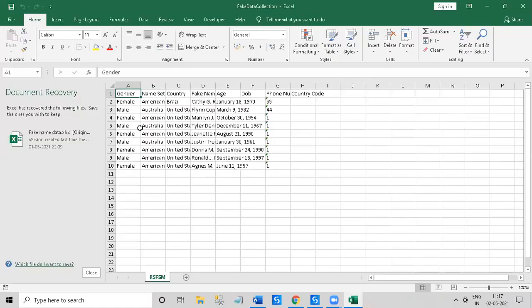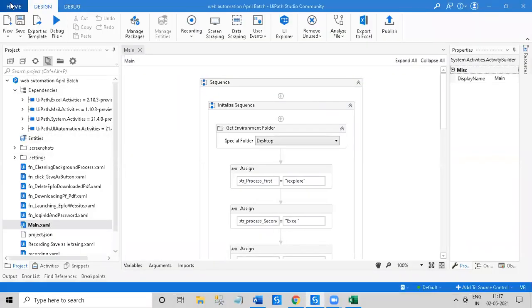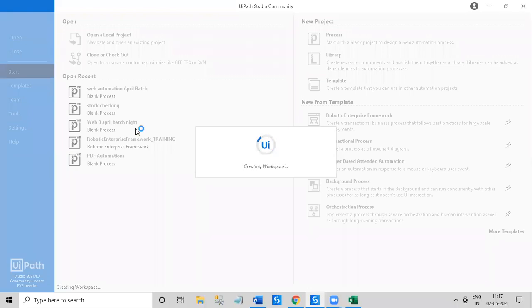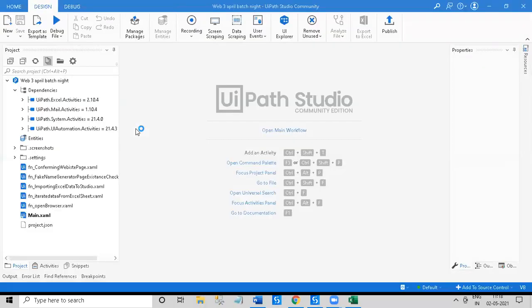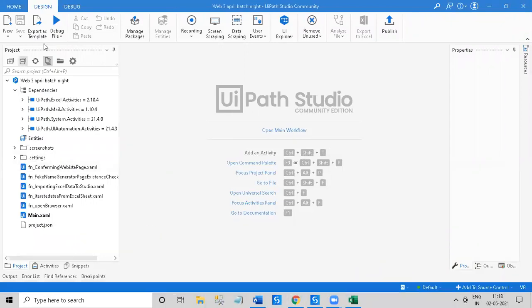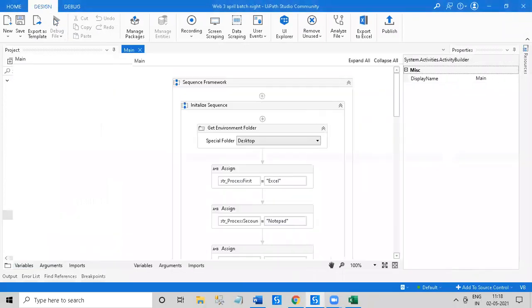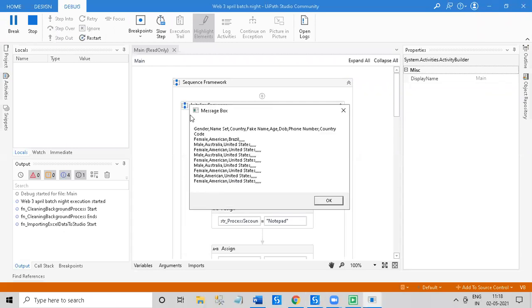So what I want, first of all, is that the robot will launch a web application called Fake Name Generator.